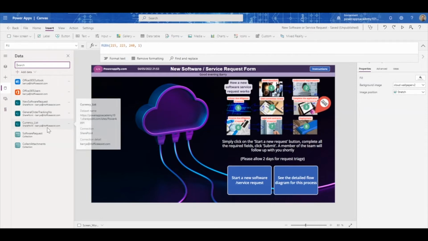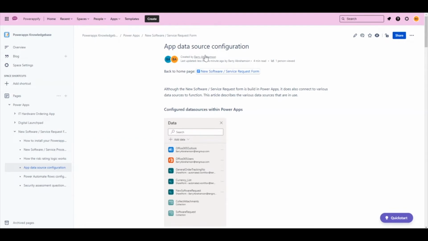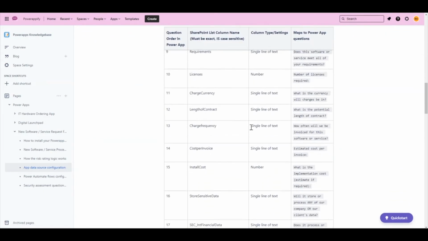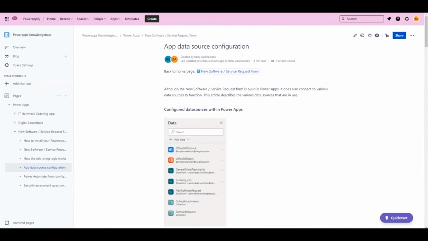These three are our SharePoint lists that we have created. The instructions are all included as we set up the template that you can download from Power Apps. Here it is, the app data source configuration. All the details on how to create these are detailed in our